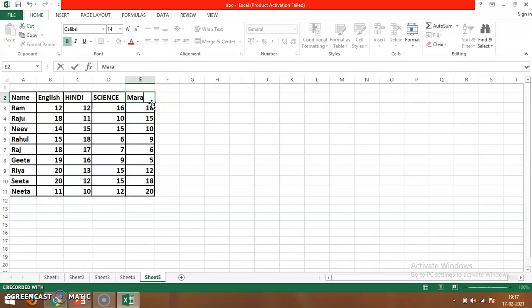Now I want to remove this Marathi. I just want to keep the short word of Marathi, that is the MAR. I just want to keep that. So y'all can see with the help of this blinking cursor y'all can do it. If y'all don't double click this word, now see here, I've selected the word and if I don't double click and put backspace, my whole word will be removed.